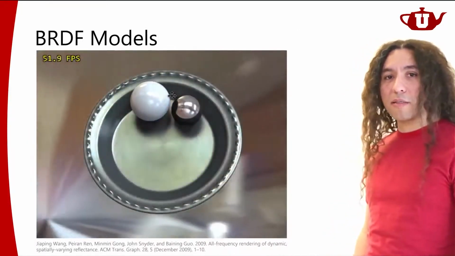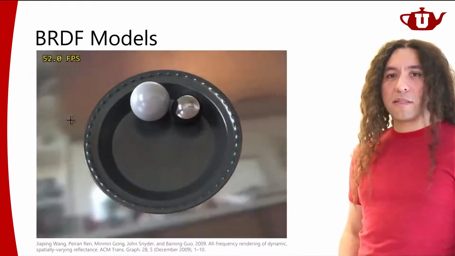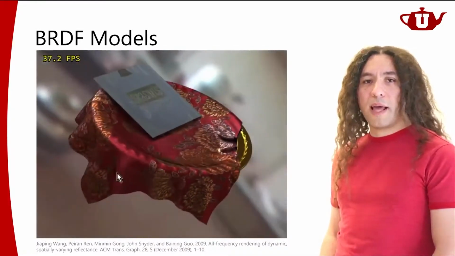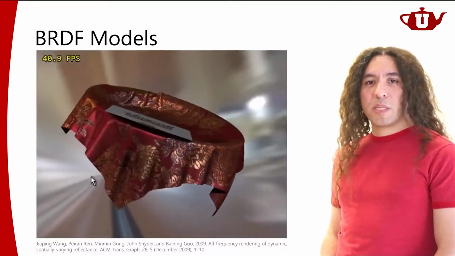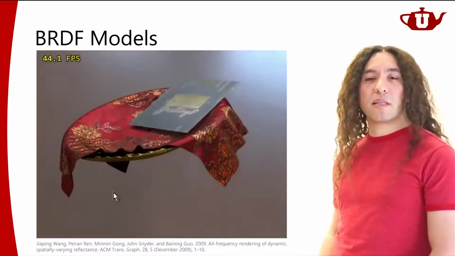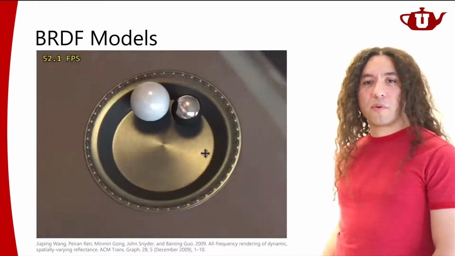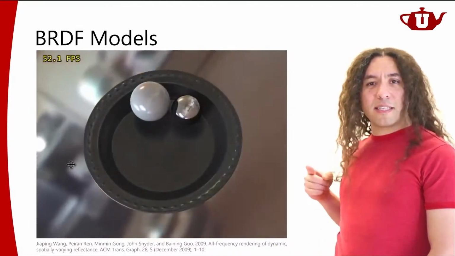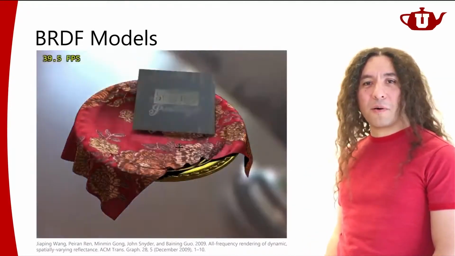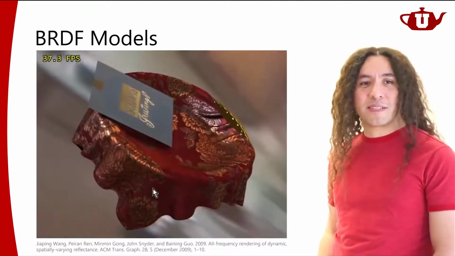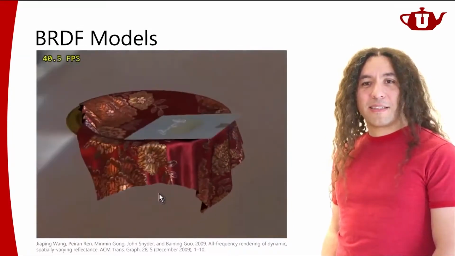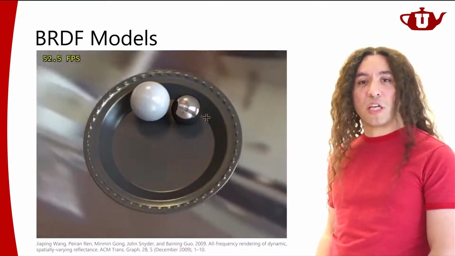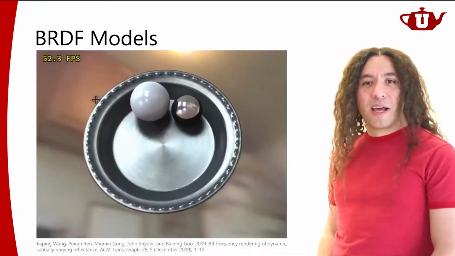Now I'm going to show you some different material models. These are rendered using a compact representation of some measured material models under an environment illumination like this. The reason I picked these particular images from the video of this paper is that this is a very anisotropic material. As the light rotates and the surface is illuminated from different directions, not just do the specular reflections change their places, but their shape also changes quite a bit, right? So you see this plate has a very anisotropic